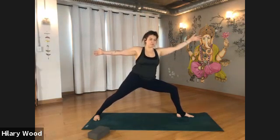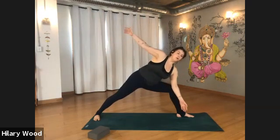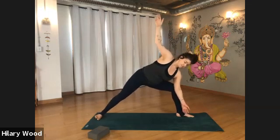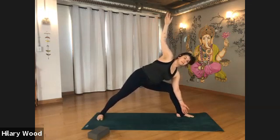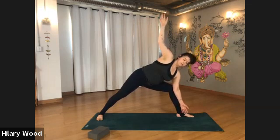Okay, let's begin to tip the body forward. Place the left elbow to the left knee this time, or the left elbow to the inside of the knee, right arm to the sky. Keep the muscles in the back of your neck relaxed. Find a little bit of a lift, like the back of the heart was giving the front of the heart